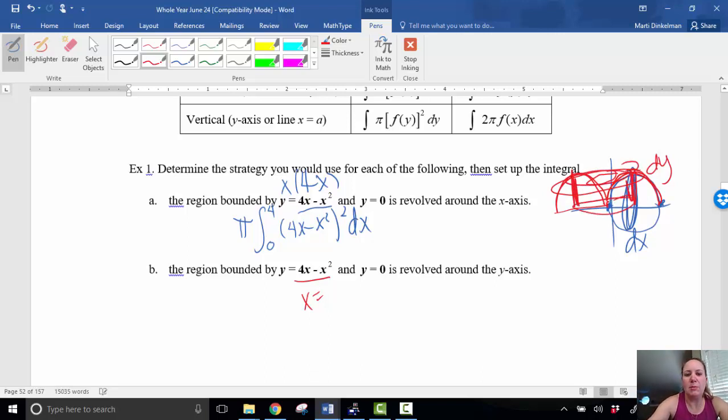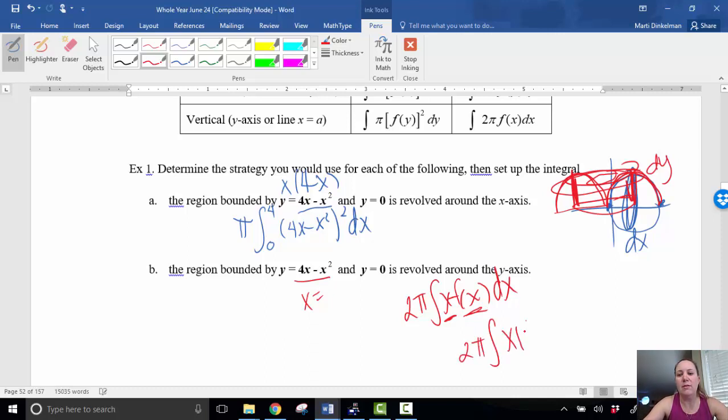Again, that visual might not be needed. So in my mind, I just think, okay, it's 2 pi x f of x dx. Okay, what adjustments do I need to make? Well, remember that if I'm rotating around a different axis, I have to adjust my radius, but I don't have to in this case. And if there's more than one function involved, I would have to adjust that for the height. Well, neither one of those is the case here. So 2 pi x f of x